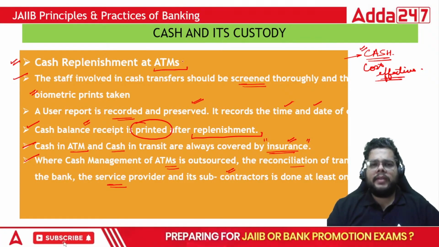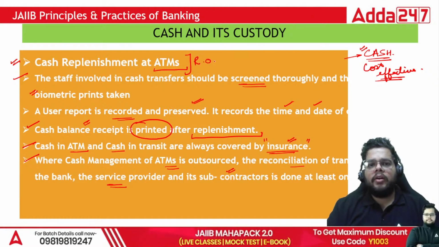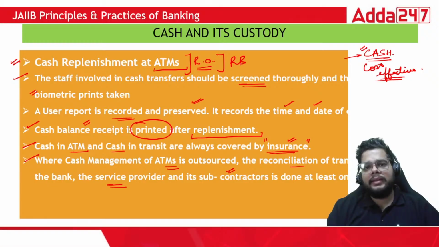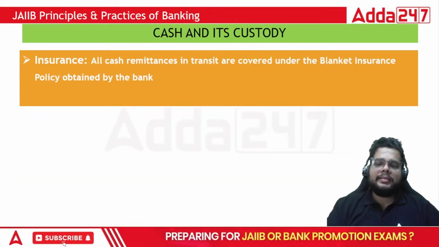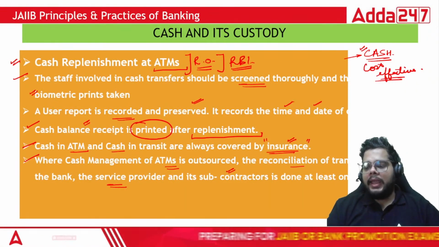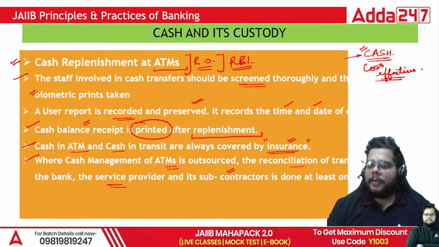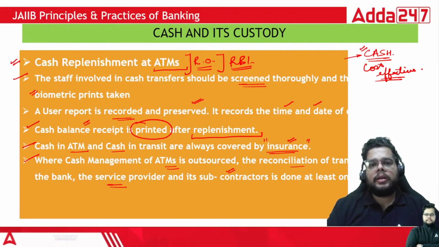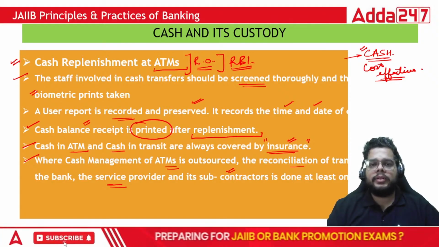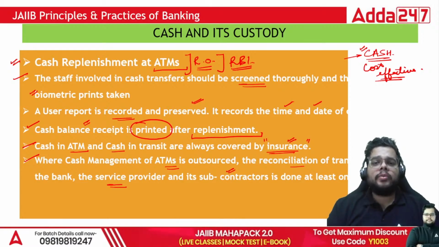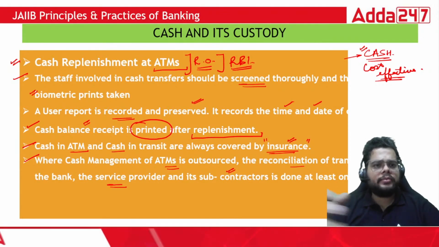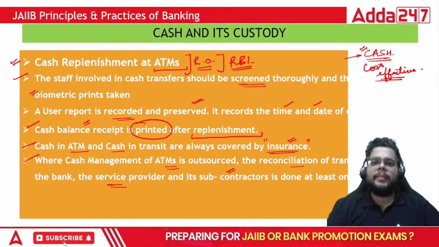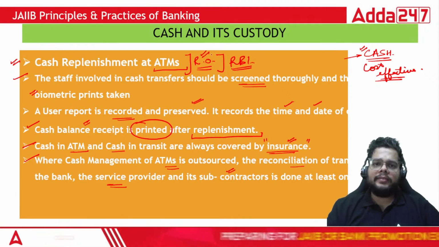And mostly what we have seen is that the regional offices also track this activity because RBI takes it very, very seriously. RBI states whether the ATM should be up within a particular time gap or not. RBI also states in its reports that this particular bank is having the lowest quality of ATM service provided to the nearby area. So all these things are taken very, very seriously by the regional offices as well,